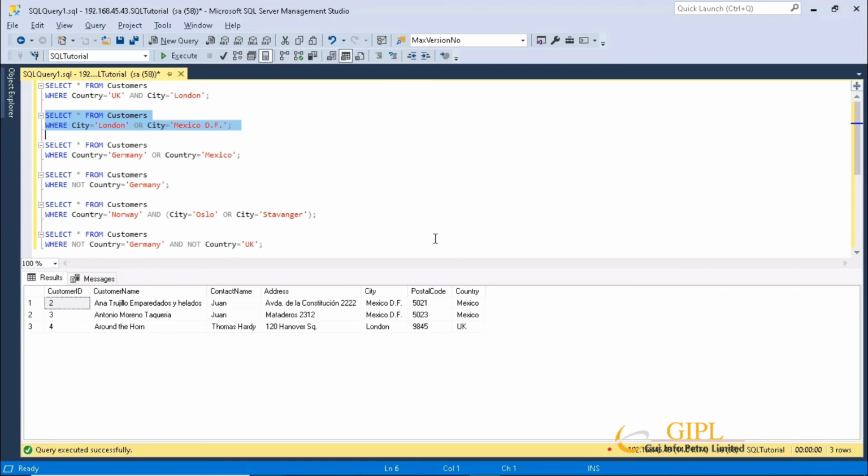Now let's go to another example. The following SQL statement selects all fields from customers where country is Germany or Mexico.